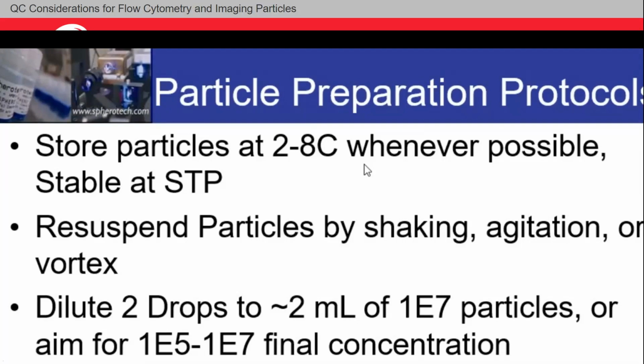They're also going to be a little more shelf stable. We do put a tiny bit of sodium azide, about 0.02%, into all of our products, just as an antibiologic, antimicrobial, anything like that. Storing them in the fridge could potentially increase that lifetime. We're usually guaranteeing these particles, let's say, 3 years after receipt, 1 year after opening. There may be an extended date specifically on the C of A for a specific lot. But if you're still finding them to be in performance over time, it's typically because you've stored them in a very